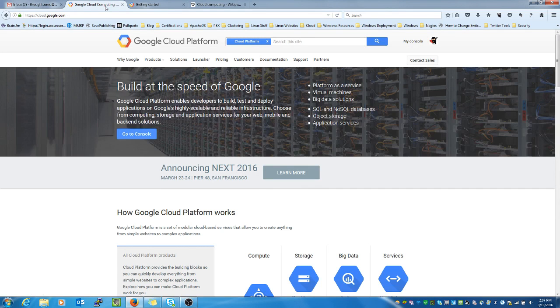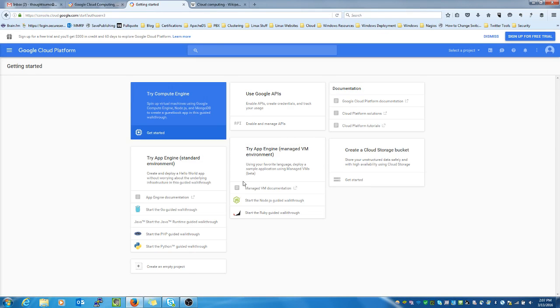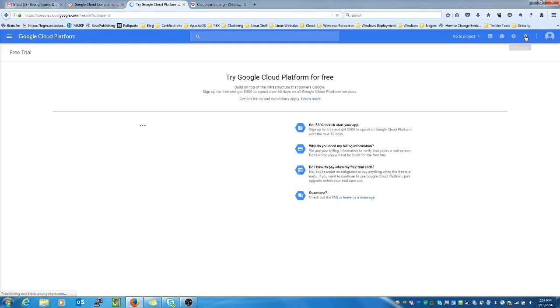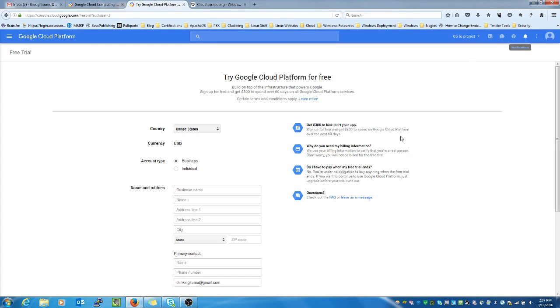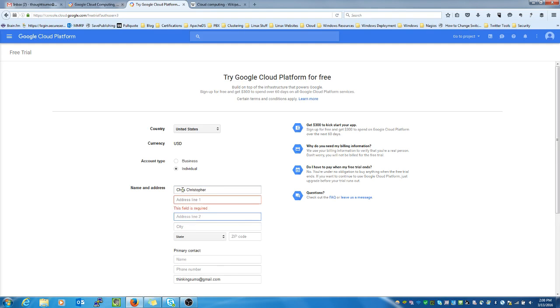So if we head over to cloud.google.com, you will need to click on My Console, which is right here. You click on My Console and you come to a Getting Started page. In the upper right hand corner, you have Sign Up for Free Trial. Now remember, I said you're going to need to have a credit card for this. You see on the side here, it gives you some information about billing, the free trial, and so forth. So I'm going to put my information in, and then once I'm done,